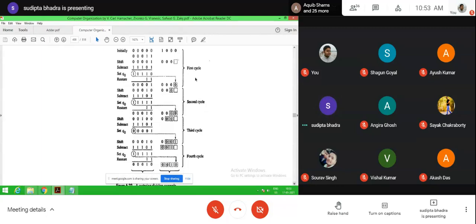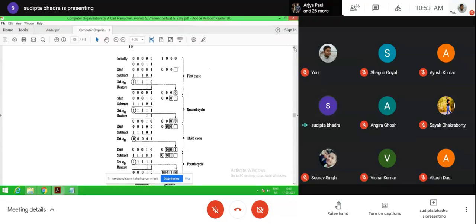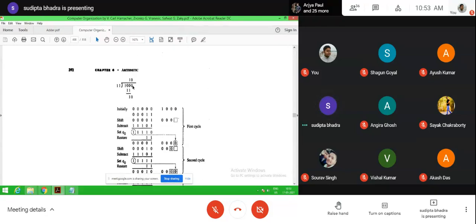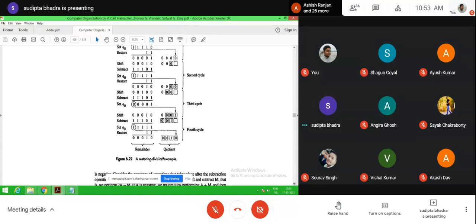Here you see that dividend is 10000 and divisor is 11. So ultimately, using the restoring division, we are getting remainder 00010 and quotient also 0010. Quotient and remainder are the same here.